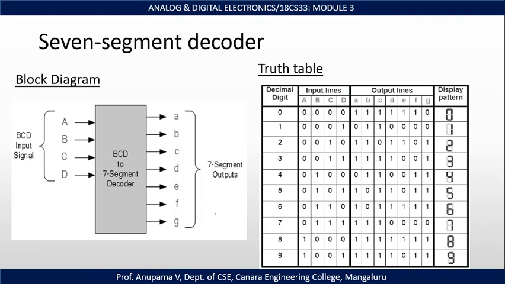So in this session we have learned what is decoder and various types of decoder, that is, what is 2 to 4 decoder, 3 to 8 decoder, and how to cascade the decoder in order to build higher order decoder, and also we have studied what is BCD to decimal decoder and 7 segment decoder. Then we have solved a few sums, that is, how to implement a given boolean function using the decoder. Thank you.